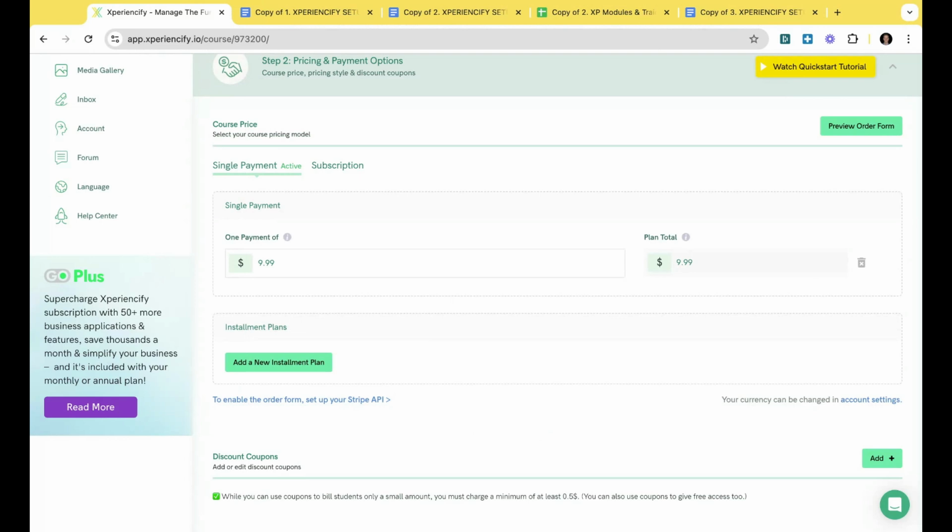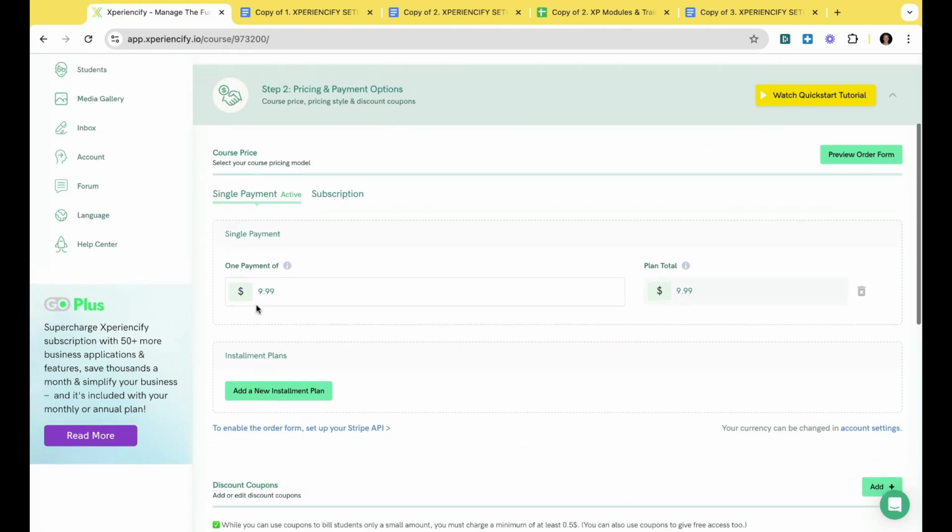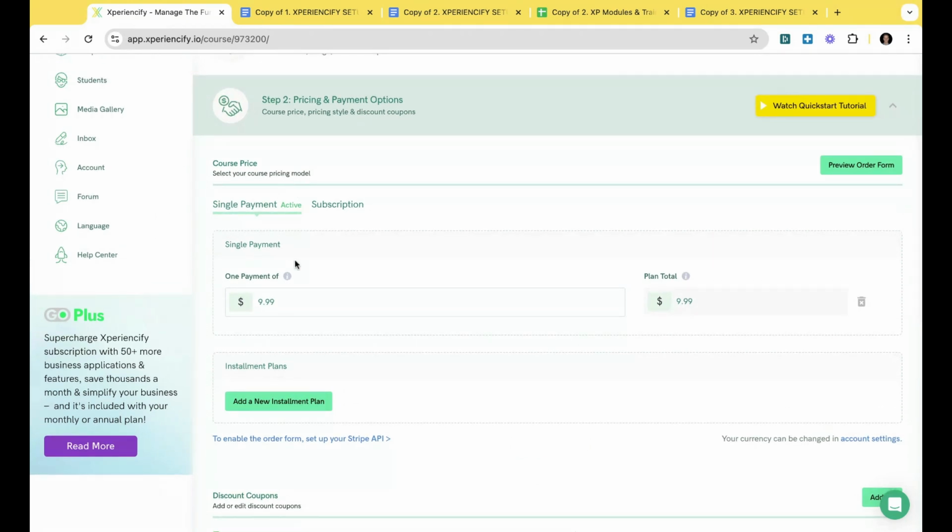Just as a side note, when you connect your Stripe or PayPal account, we do not see that. And I'll demonstrate that in a separate video here for you, but we don't see any of your transactions. We don't take any fees through those transactions or whatever. We just need to connect it so that you can get paid for your course. So that's a single payment. And that's if you just want to have one payment for it.